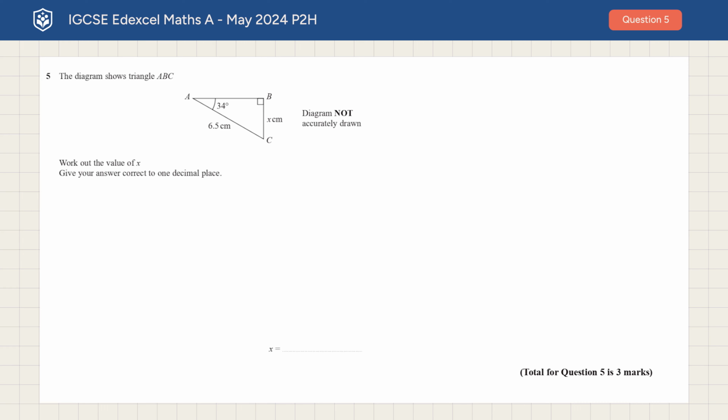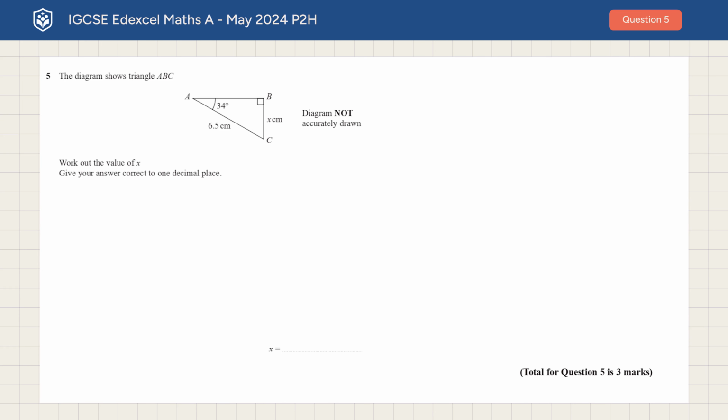Now for question 5, we have a right-angled triangle ABC, and we need to work out the value of x, giving our answer to 1 decimal place. Let's identify the sides in relation to the given angle of 34 degrees. The hypotenuse is the longest side, which is 6.5 centimeters. The side opposite the angle is x centimeters. We're not given the adjacent side. To choose the correct trigonometric ratio, we use